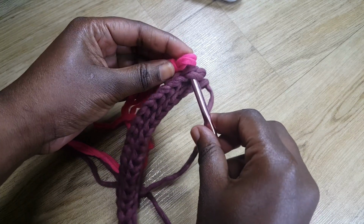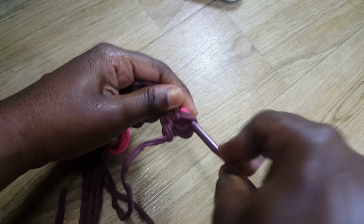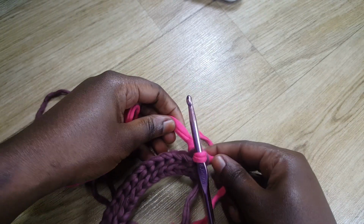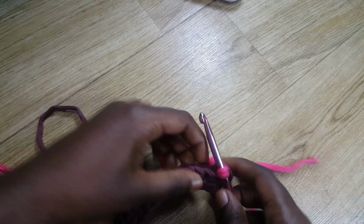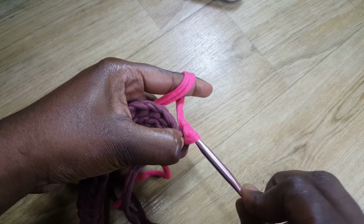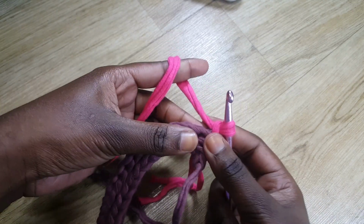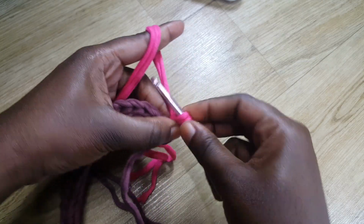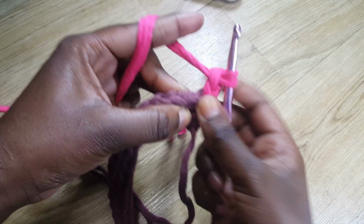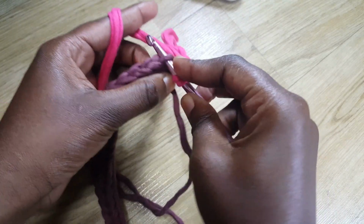So I'm going to grab my hook and my yarn, make sure that I pull it up, then my knot is at the back like this. I'm just going to tighten it. Right, so to begin I'm going to make one chain to just join my yarn to the project. After that I'm going to chain another one like this. Next I'm going to go into the next V on the side